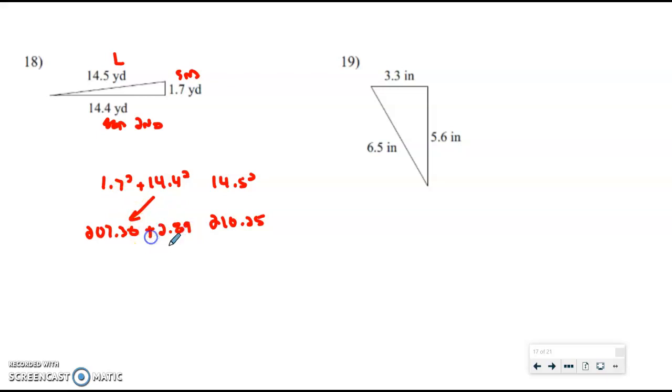If I add those two together, I get 210.25, and this is 210.25. So both of these are exactly the same, which makes this a right triangle